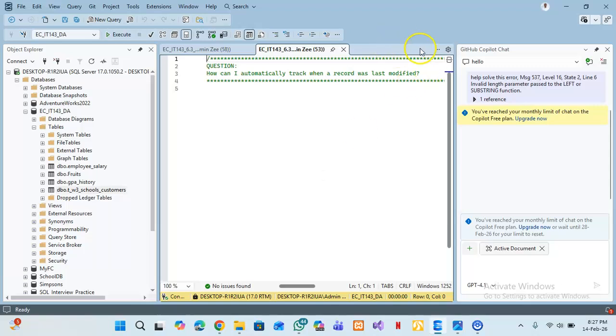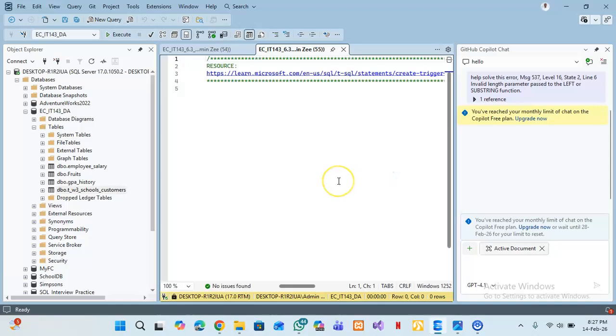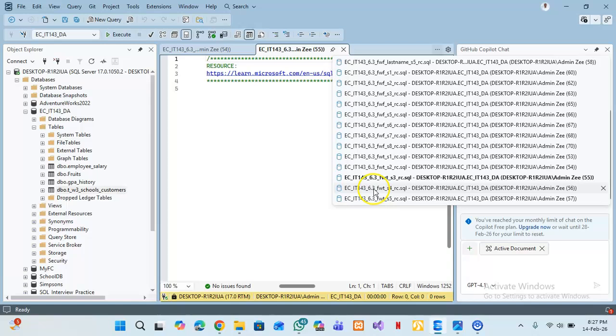Okay, so I determined that default constraints only work on insert operations, so an after update trigger was required. Okay, let me move on to the next step. Okay, so I researched SQL Server triggers using Microsoft Learn to understand best practices and recursion risks. Okay, so the next step,